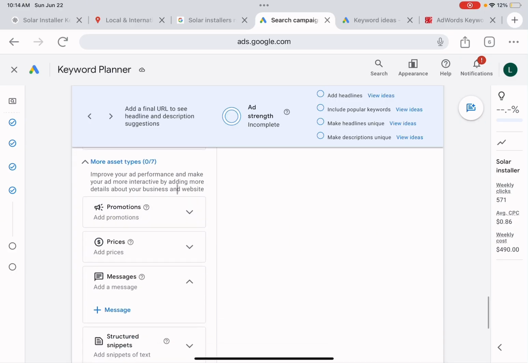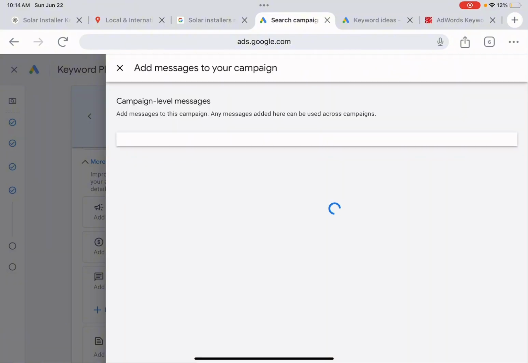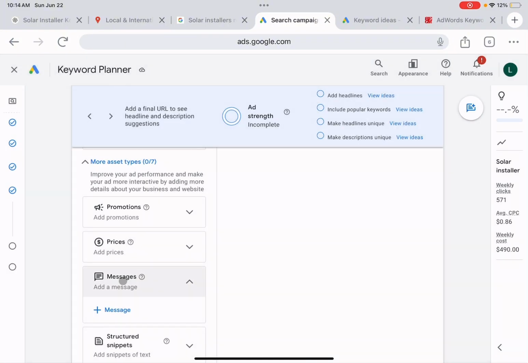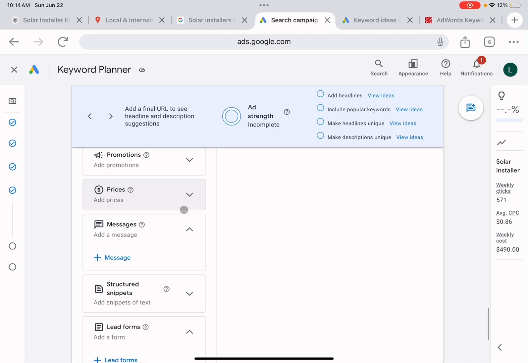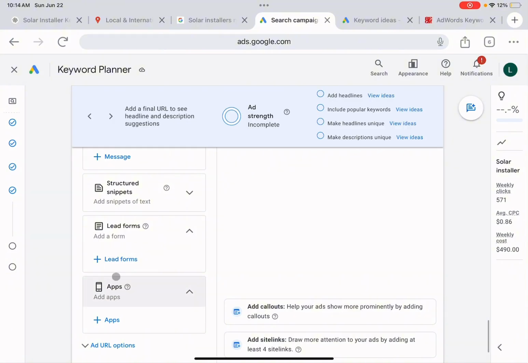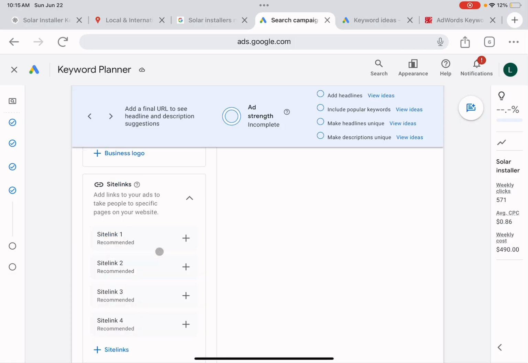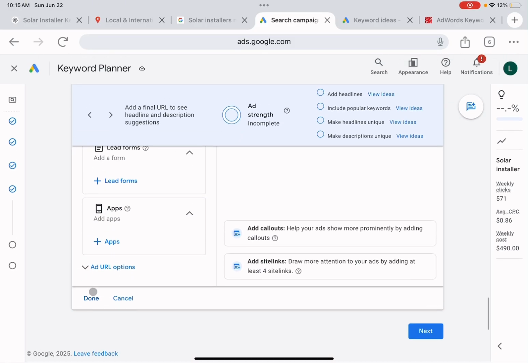Okay, here you can also add promotions. You can do messaging here. If you guys don't have this, don't super worry about it. I don't like adding pricing in the Google Ads. There's no point to do that. Lead forms, if you want to add a lead form here, you can do that. Apps, if you have an app, chances are you probably won't have an app there. And then done. And that's one ad